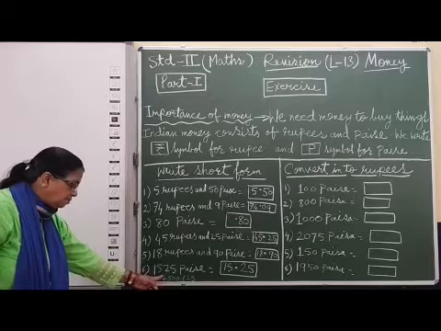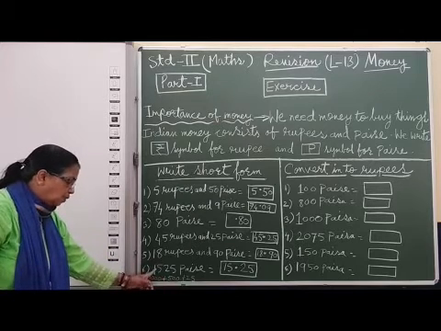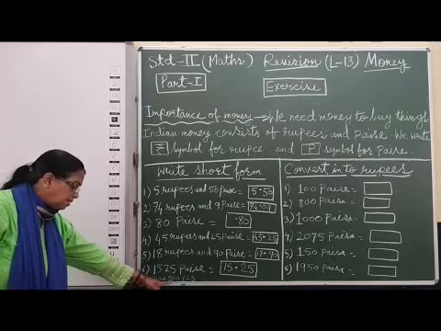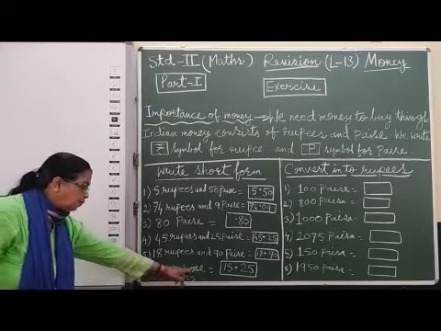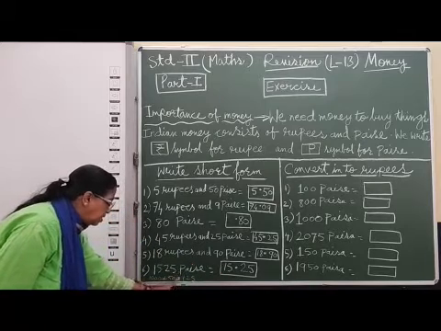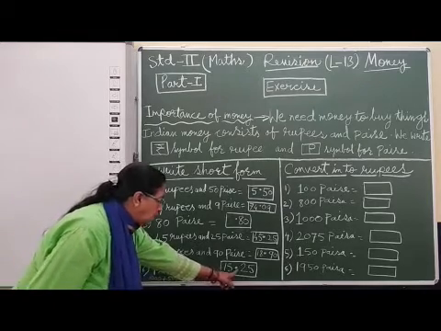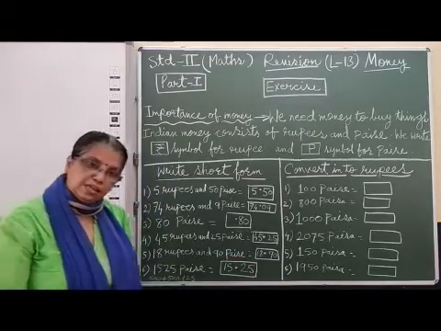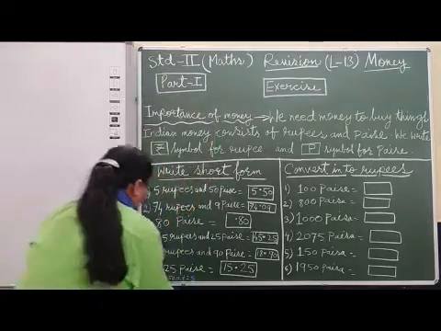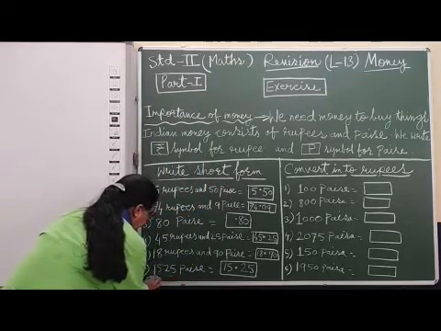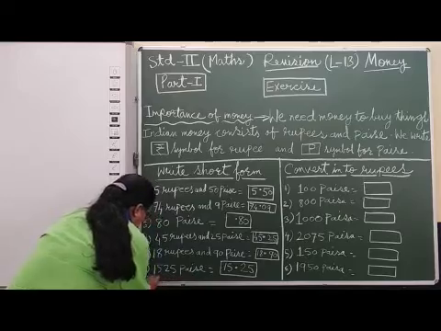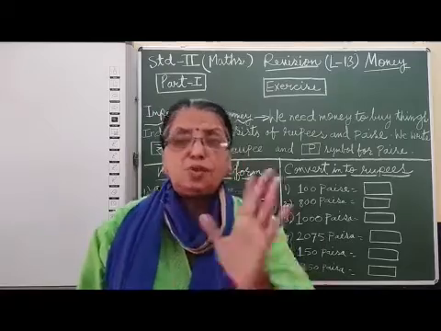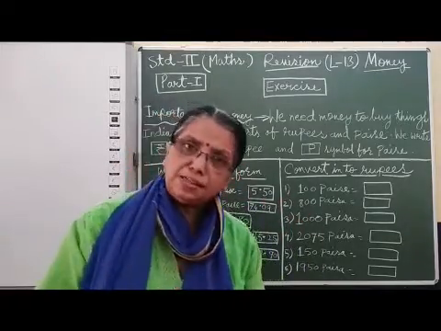How to break it, I have shown you here. If you count how many paise there are, 1000 paise means 10 rupees plus 500 paise means 5 rupees. So 10 plus 5 is 15 rupees and 25 is left, that is paise. So before the point 15 rupees, after the point 25 paise. Clear? This way you have to break and write. This will be helpful for you in the next class. So we are doing practice here so that in the next class also you can do very nicely.